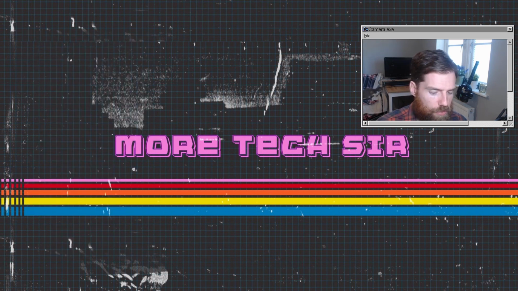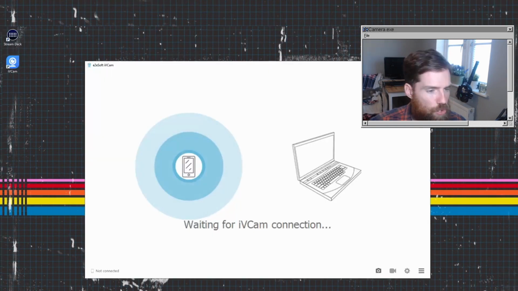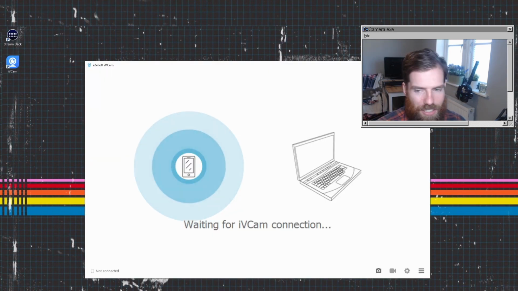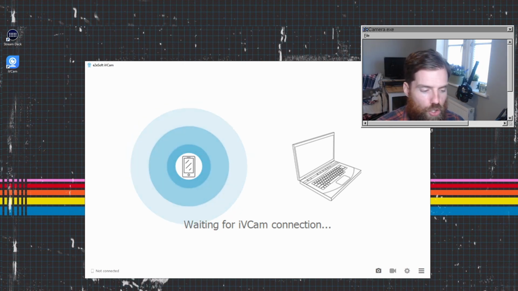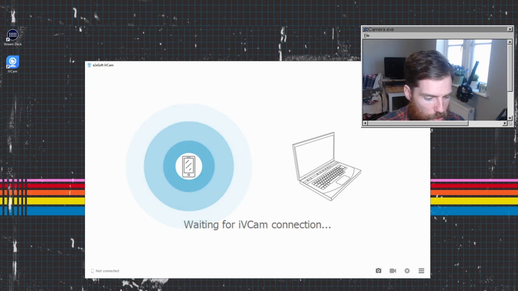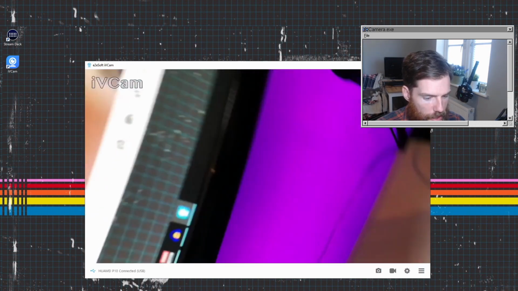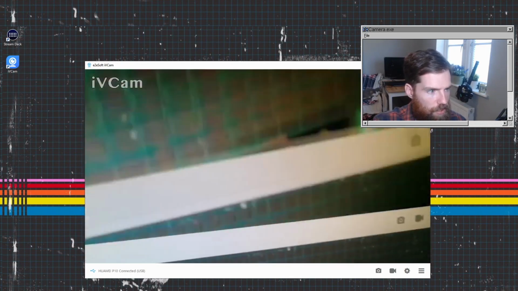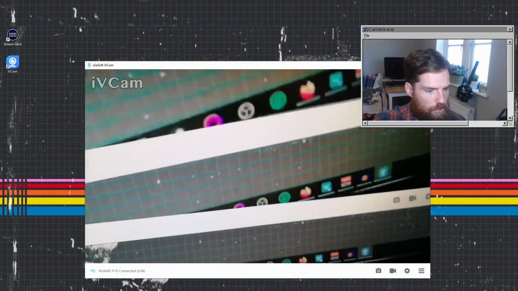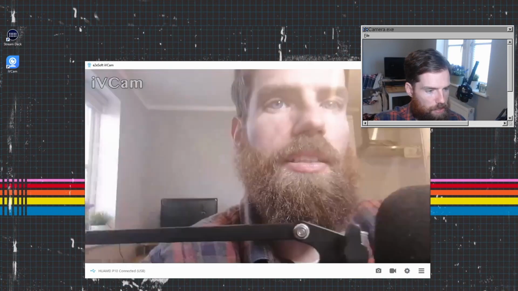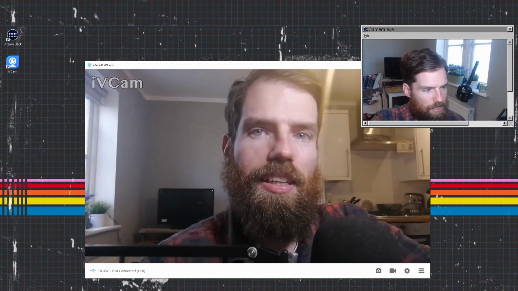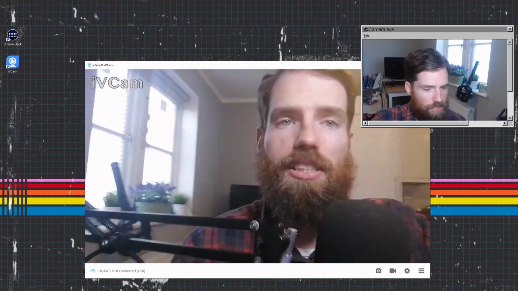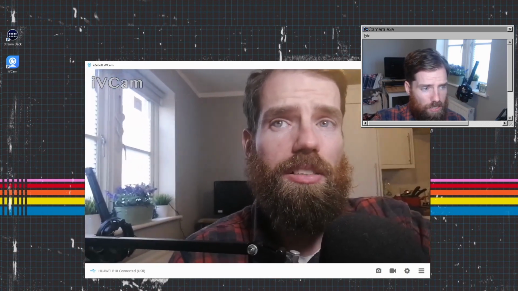So we're going to come out of the phone, we are going to go into our iVCam. Currently you can see it's trying to connect, so it's trying to find a Wi-Fi connection, but we're not doing it through Wi-Fi anymore, we're doing it straight through the USB. So all we do now is click on iVCam, we'll let it do its magic, and there we are, guys. We are in inception mode. Let's turn it around the other way so you can see me. So there we are, guys. That is my beautiful kitchen workstation, but that's how it works.